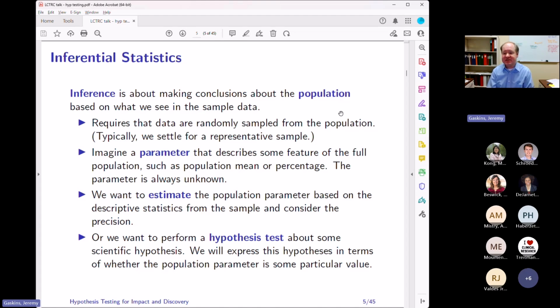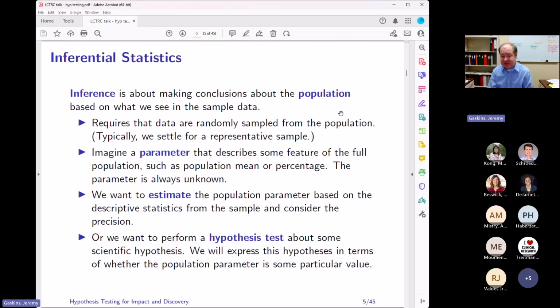So in a lot of cases, the parameter may be the population mean, or the difference between population means, and then my estimate is just whatever I get from the data. And again, in a lot of these cases, and the cases that we're interested in today, we want to perform some kind of hypothesis test about our population parameter related to some specific scientific hypothesis.